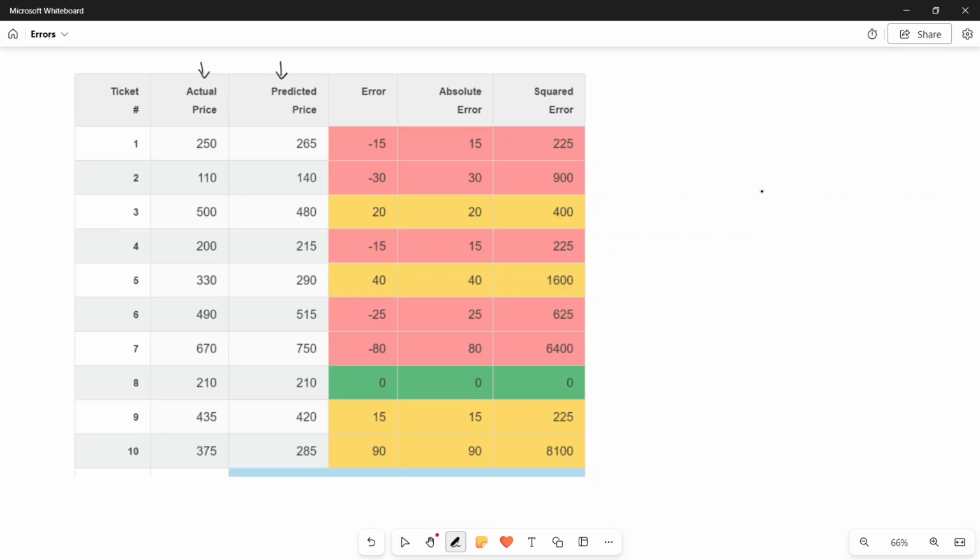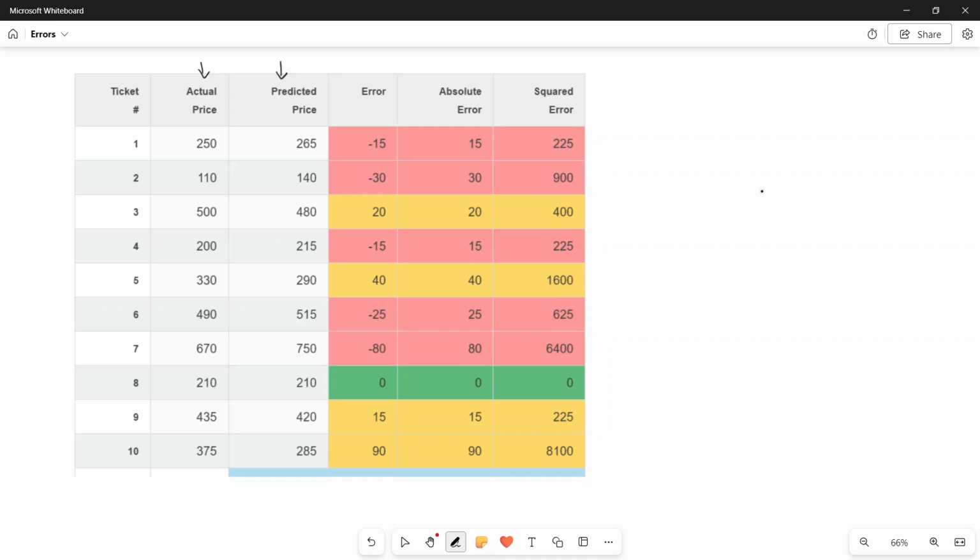So basically you have the actual price, actual y values. The predicted price is obtained when you substitute the x values in the equation that you came up with. Given the actual and predicted prices, the first thing that you have is just the error. What is the error? It is the actual price minus the predicted price. So, 250 minus 265 is minus 15, 110 minus 140 is minus 30, 500 minus 480 is 20. It is color coded, with red being negative errors, yellow being positive errors, and